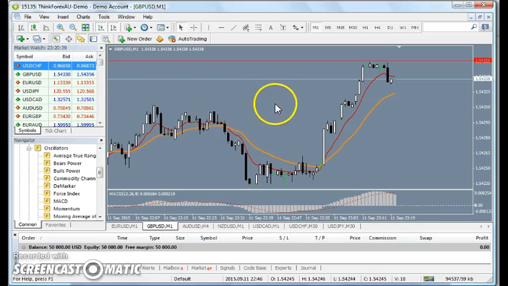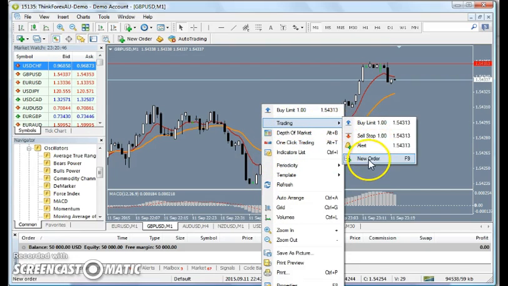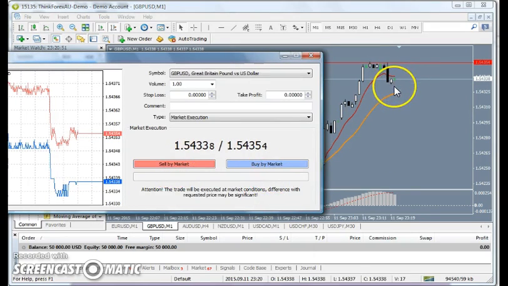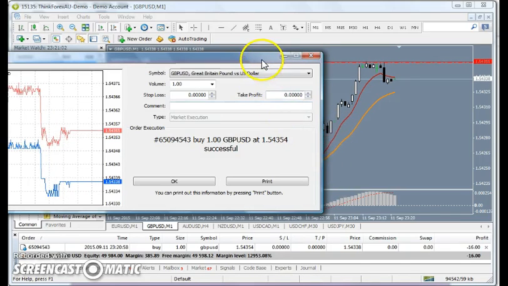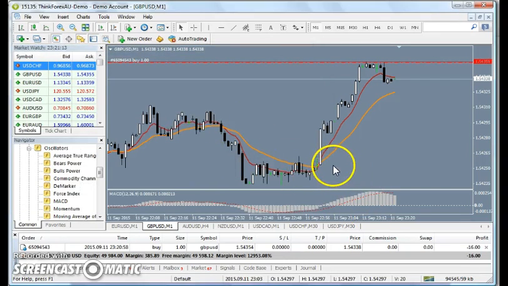Okay, let's place a buy or sell trade. Right click on the chart, very easy. Go to trading, new order, click on new order, very easy. Sell or buy. What do we want to do here? Let's say we want to buy, so I just clicked on buy. Not much is going to happen because, like I said, we're almost near closing time, but I clicked on a buy just to show you, and click on OK. Trade is successful,